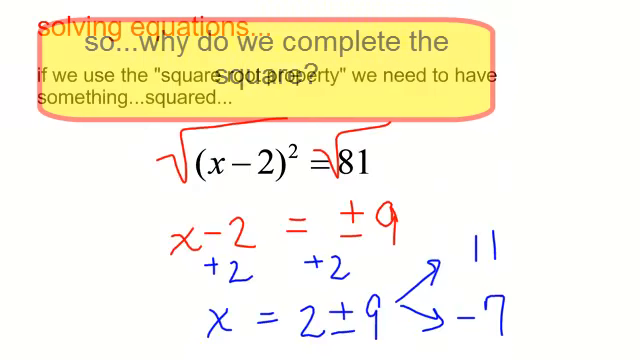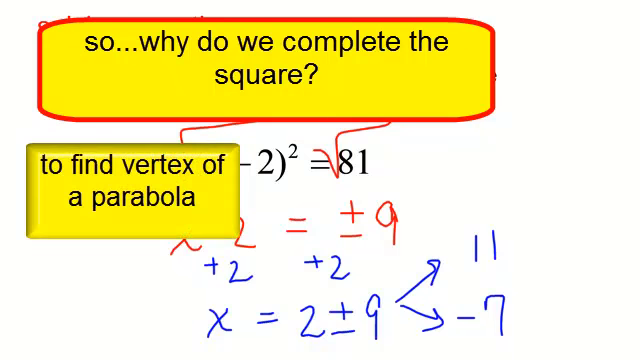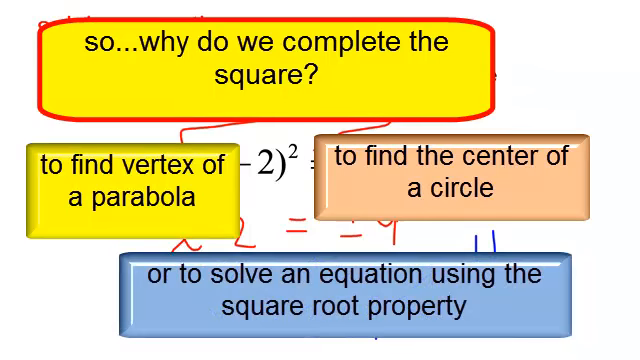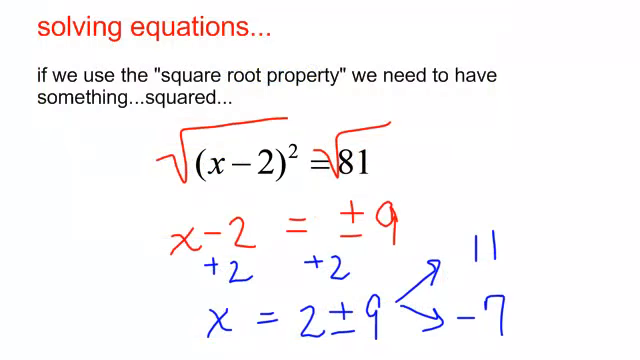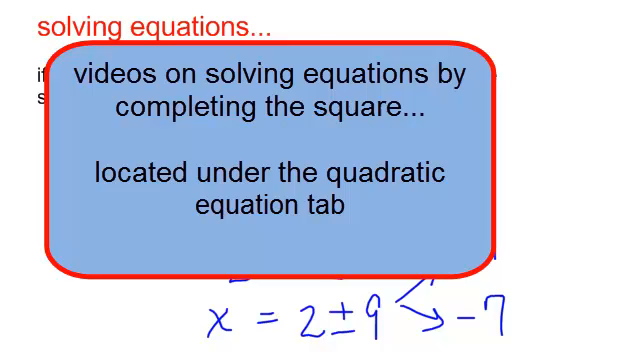Okay, but what we're really talking about is why do we need to complete the square? It may be because I want to see the vertex of a parabola easily. It may be because I want to see the center of a circle and I need to get it in that form. Or it may be that I want to use the square root property and I have an x squared and an x. So I need to add something to both sides to make it a perfect square. Now I do have videos on solving equations by completing the square. It is under the